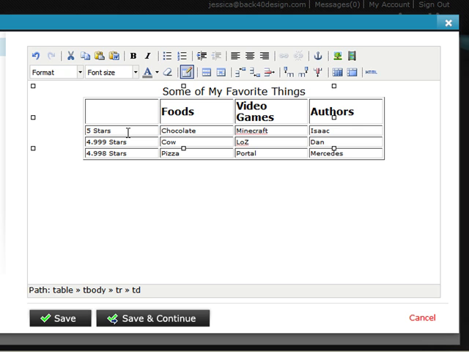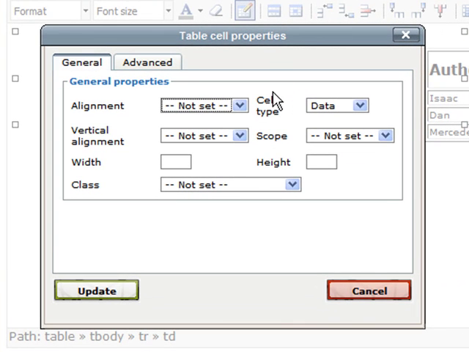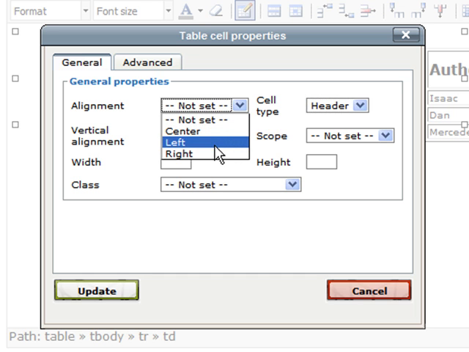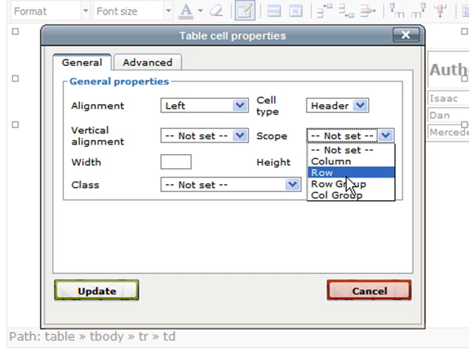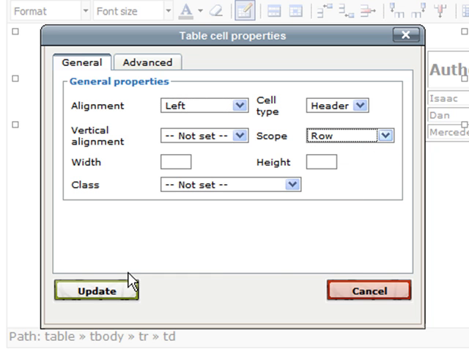If you remember, there wasn't an option to update all the cells in the column, so we can cheat a bit and highlight all the cells before we change them. I need to change these to a header, and I need to left align them. And this time I'm setting scope to row. You'll notice that the drop down above update is missing because we selected the cells that we wanted to